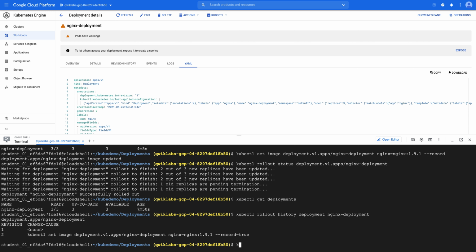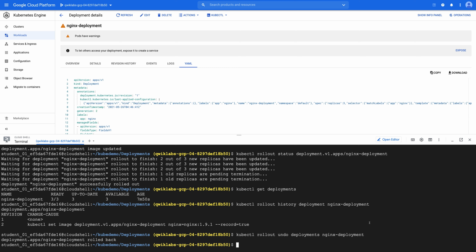To do that, you can do kubectl rollout undo deployments nginx, the name of the deployment. With this, it's going to trigger a rollback.